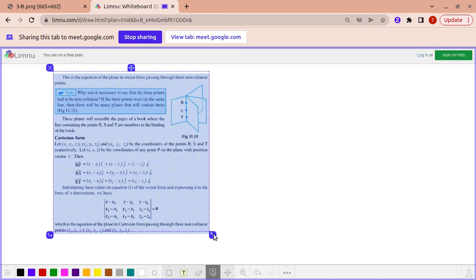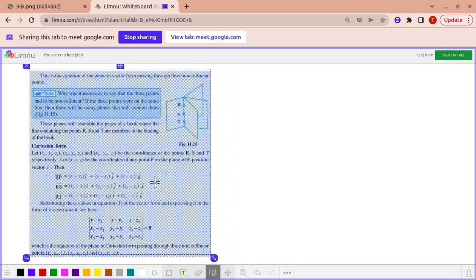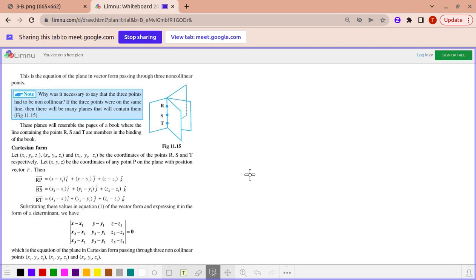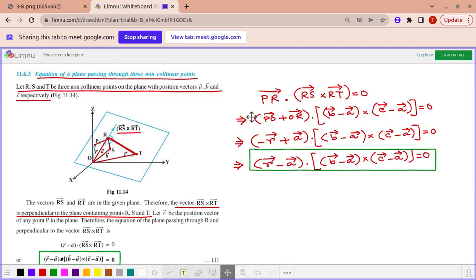So, dear students, as there are 3 non-collinear points, we consider R, S, T. In the Cartesian coordinate system, let us consider their coordinates as x1, y1, z1, x2, y2, z2 and x3, y3, z3. Then, as we already discussed here, let me go back a little bit,